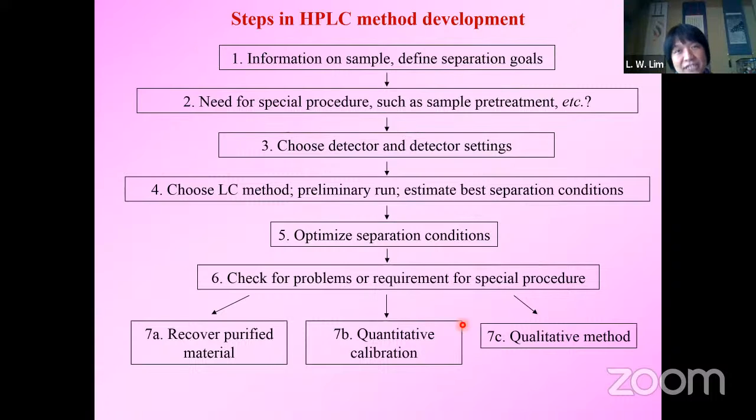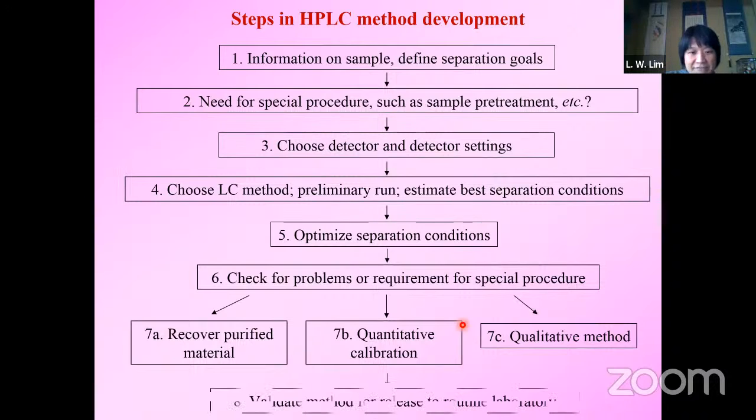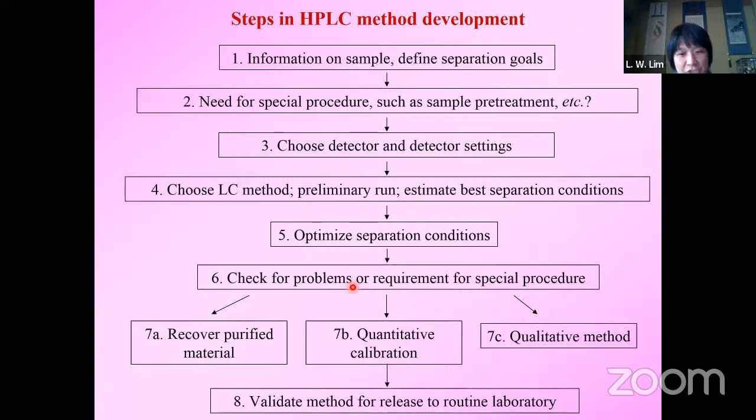Usually for a good HPLC system, the RSD has to be less than 5%. And if the system is very, very good, the RSD for retention time should be less than 2%. Then finally, you can introduce this method by publishing a paper,